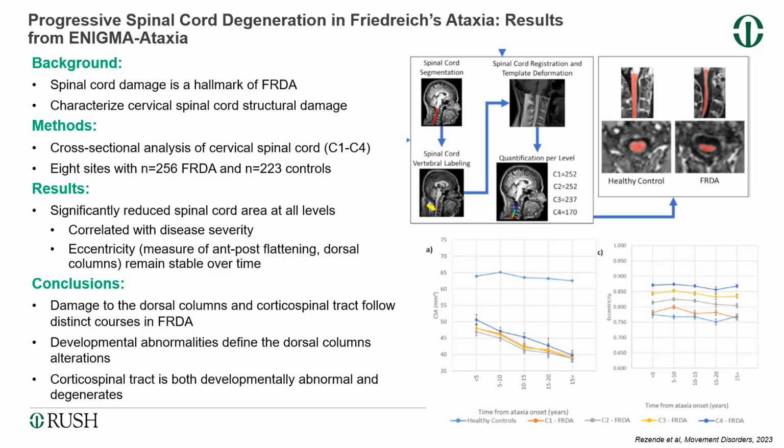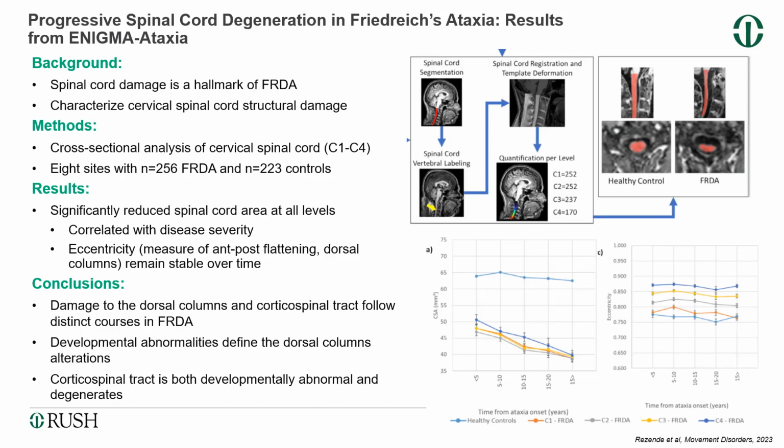Spinal cord damage is a hallmark of the disease, and there appears to be structural damage that occurs. This is a very nice study done by a large consortium looking at Friedreich's ataxia and imaging. They're looking both at imaging of the cerebellum and imaging of the spinal cord. And what they found is that there's significantly reduced spinal cord area at all levels, and it correlates very well